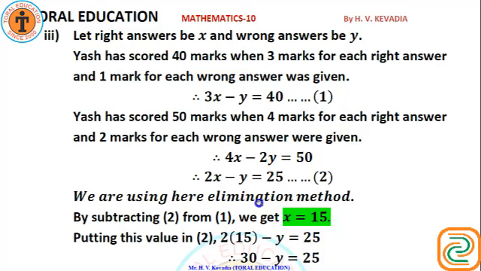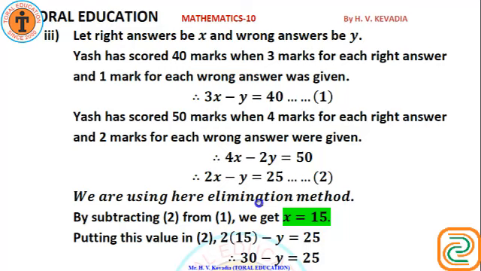Yash scored 40 marks in a test, getting 3 marks for each right answer and losing 1 mark for each wrong answer. Had 4 marks been awarded for each correct answer and 2 marks been deducted for each incorrect answer, then Yash would have scored 50 marks. How many questions were there in the test? So correct and incorrect answers,